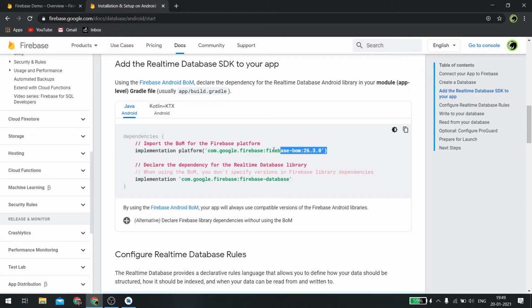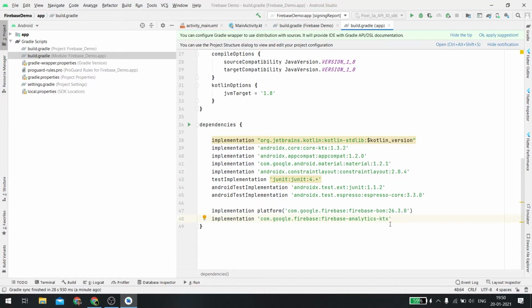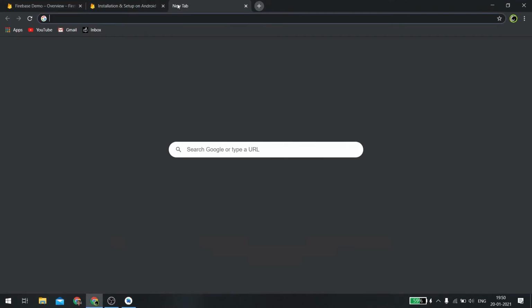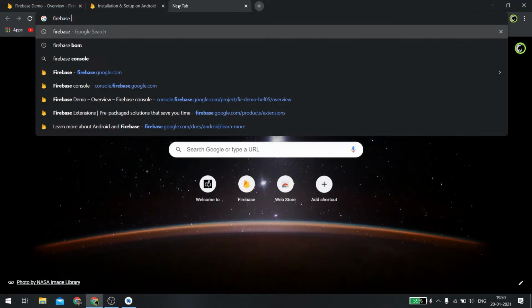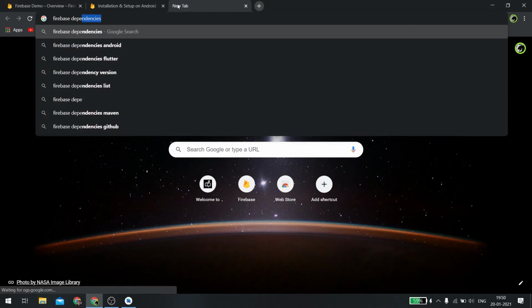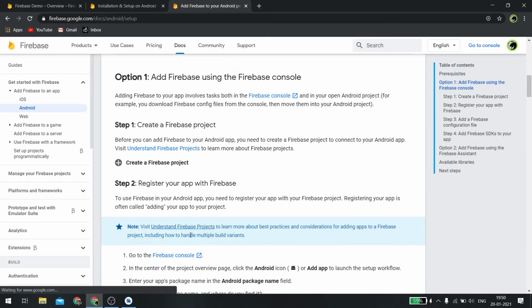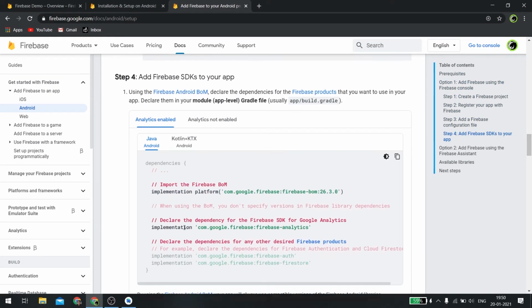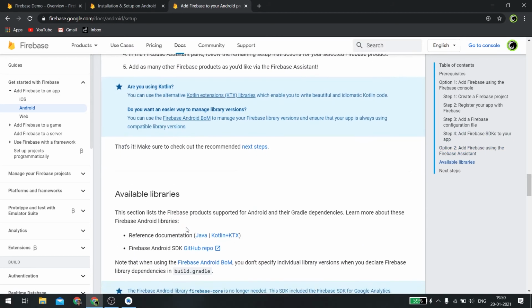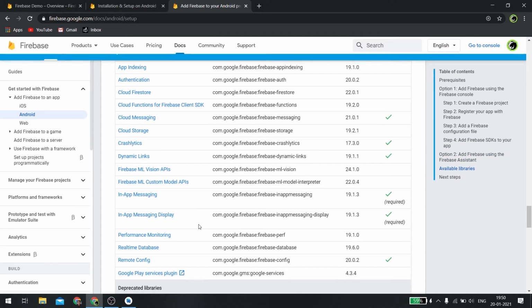Implementation, you just remember that you have this line at the top of your dependencies, so that you can get an idea that all the libraries that you are adding afterwards will have the same version. So just like that, paste it here, com.google.firebase. I will post a link to all the libraries that are possible. Let me see, I might get them. Okay, so this link will have, I think, all of them listed below. If not, I will provide some other link. Okay, so here it is.